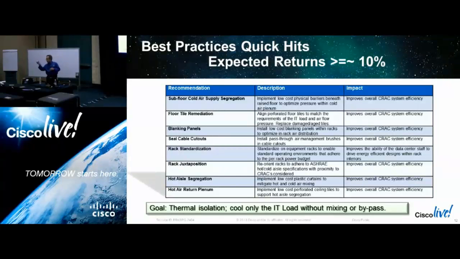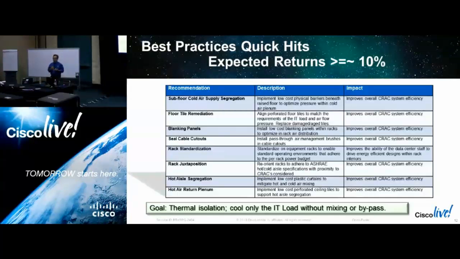Now in this hall, looking down this hot aisle, there's no isolation of that hot air coming out of the back of those racks. So what we want to do here, you can use something like that cheap, heavy plastic they use in grocery stores. Hang it up so all that hot air coming out of the backs of those racks goes just up to the ceiling plenum and back. Okay? It doesn't have an opportunity to mix with the cold, doesn't have an opportunity to degrade the cooling of the data center. That's a good way to get started on the cheap.